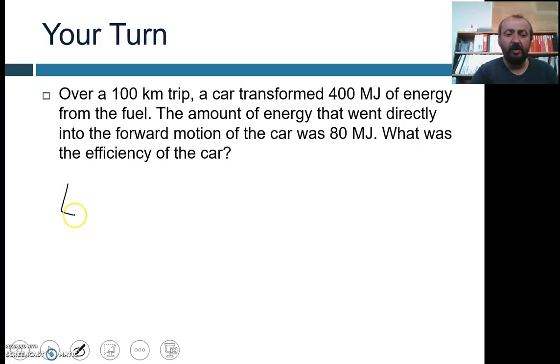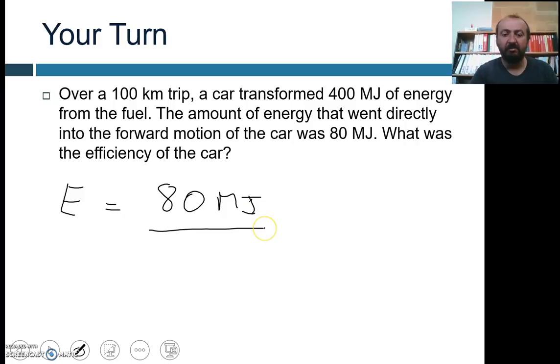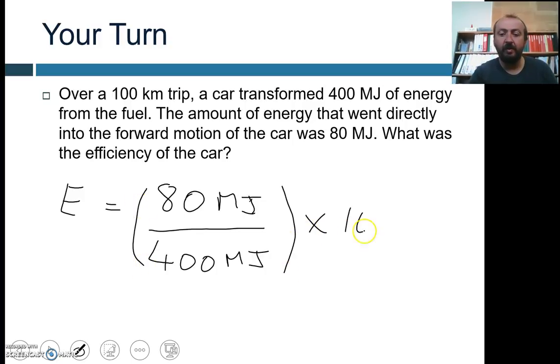Okay, so you should have got that efficiency equaled, now the amount of useful energy was the 80 megajoules. That was energy that went into doing something useful, like moving the car. The total amount of energy is the 400 megajoules. That's actually the potential energy that's in the fuel. That's the chemical potential energy in the fuel. And we're going to multiply that by 100. And we'll get in the end that actually comes to about 20%,